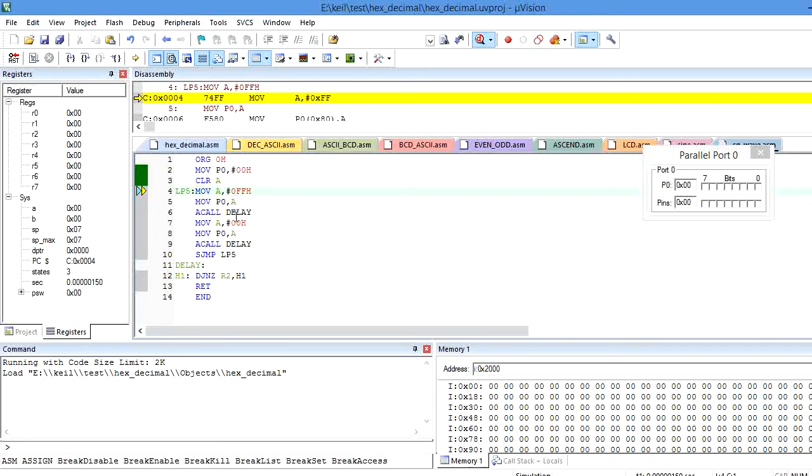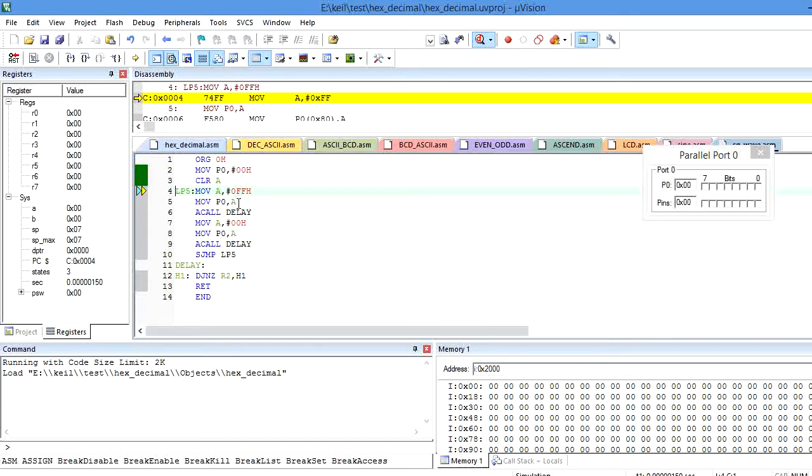Now here I need to generate the square waveform, which means I have to assign the pins of port 0 as logical high as well as logical low. Here for the logical high, I am going to use 0FFH. 0FFH, if you convert it into binary, is the maximum value, 255 in decimal.